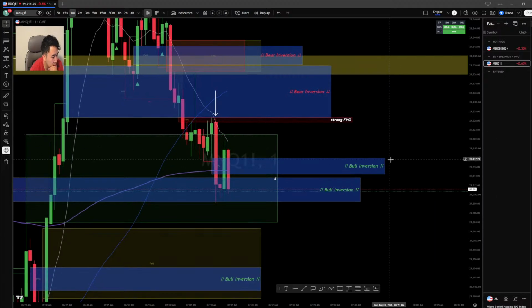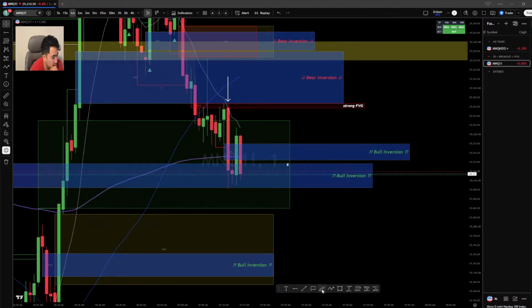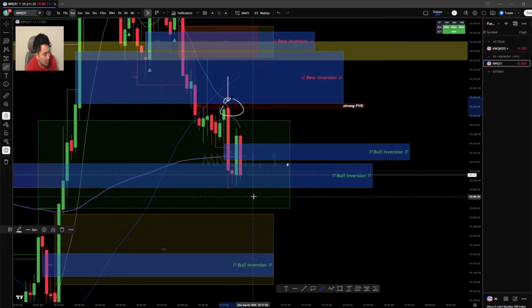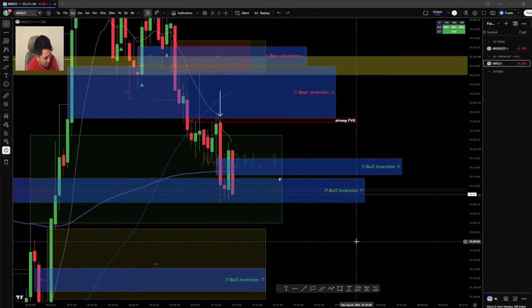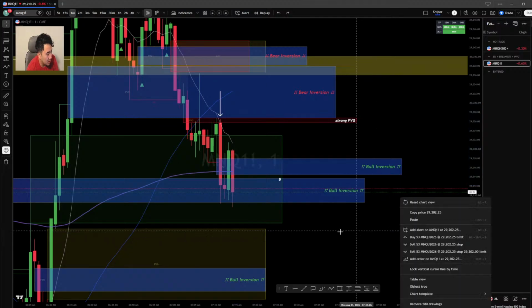So you still have lots of sell pressure in the area. I think most people who draw out the inversion zones, I never really see them take a look at the candle that created that bearish gap initially. They'll just be like, oh, bullish inversion, let's take a long here, and then get wiped out.